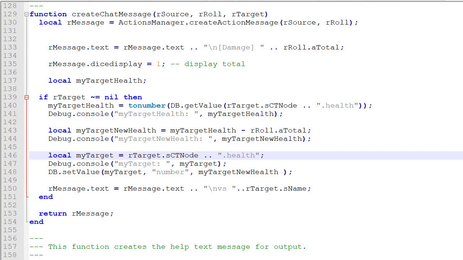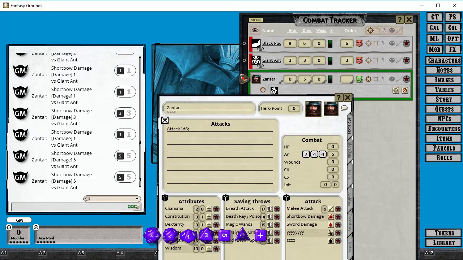So let's go and have a look and roll a few dice. Of course, anytime you make changes to the script, and I did many changes, reload the table in between. So we've got our short bow damage with our lovely blood spatter. I click on that, rolls a 4, and now it says Xantar short bow damage 4 versus giant ant, and we look at the combat tracker. Awesome, our hit points went from 14 down to 10. Let's roll this a couple more times, and 10 minus 5 is 5,